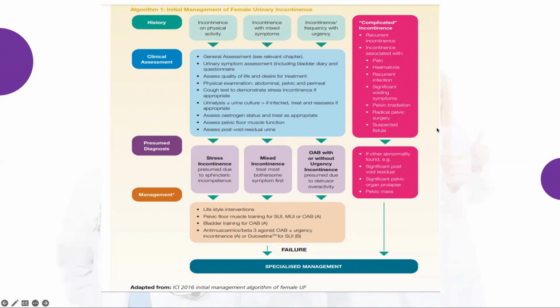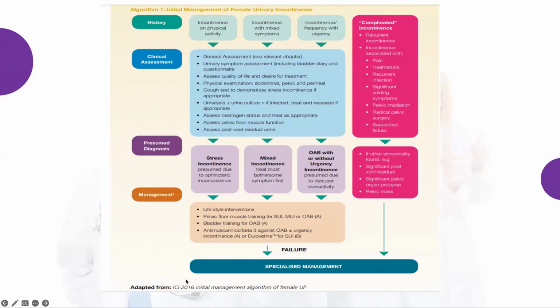In red, because it's complicated incontinence and we have to check recurrent incontinence and also incontinence associated with pain, hematuria. Radical pelvic surgery history, suspected fistula. I mean VVF, ma'am. Yeah, if you are suspecting a vesicovaginal fistula or any vesicorectal fistula, then of course,